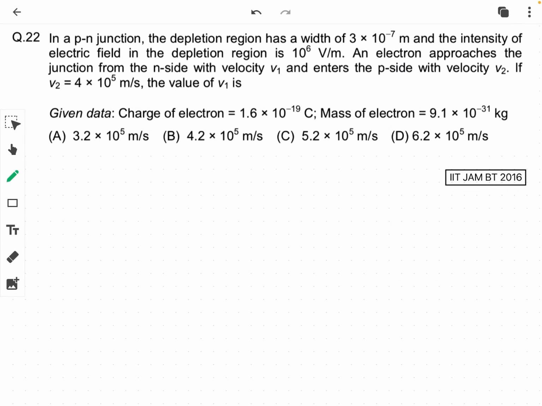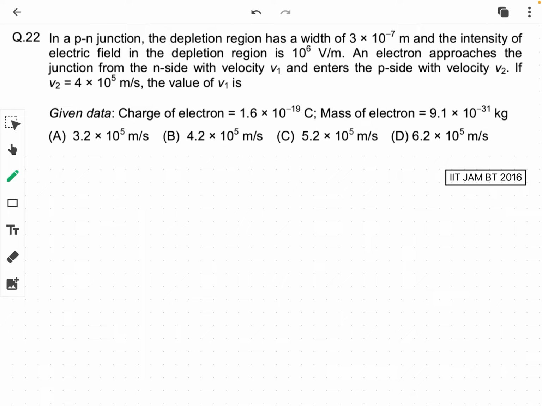In this video we are going to solve a problem from 2016 in JAM Biotechnology paper. Here the question is, in a PN junction the depletion region has a width of 3 into 10 to the power minus 7 meter and the intensity of electric field in the depletion region is 10 to the power 6 volt per meter. An electron approaches the junction from the n side with velocity v1 and enters the p side with velocity v2. If v2 equal 4 into 10 to the power 5 meter per second, the value of v1